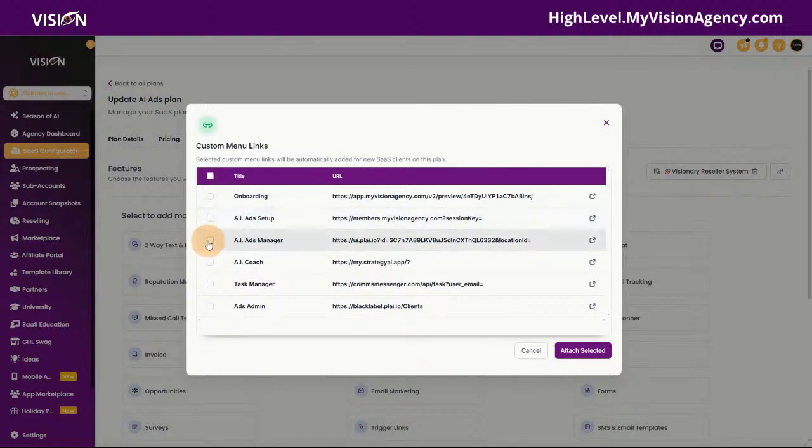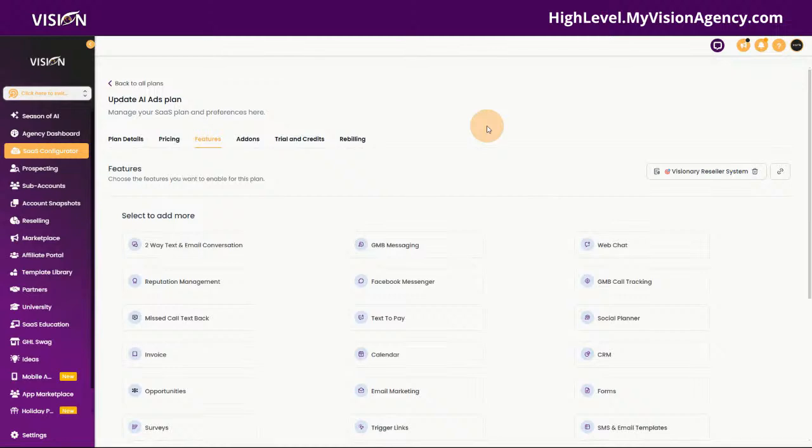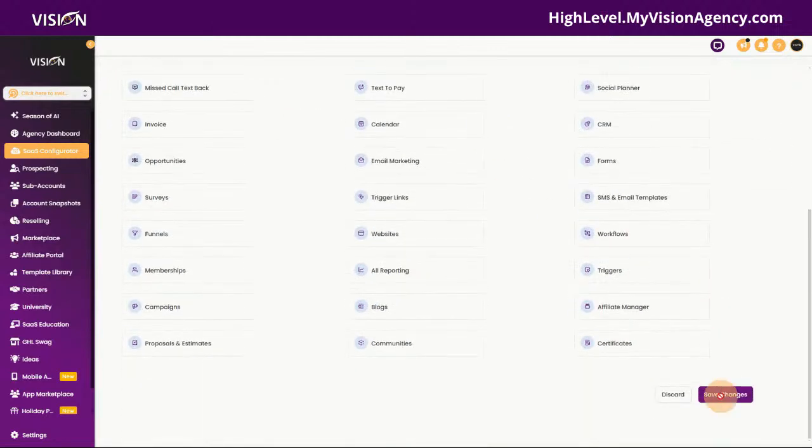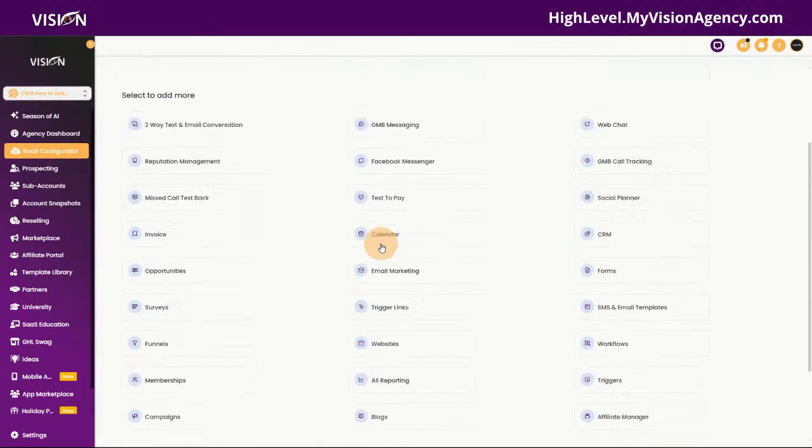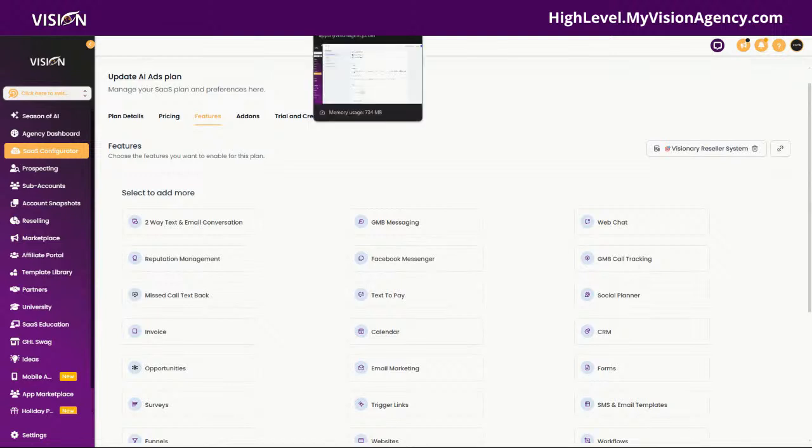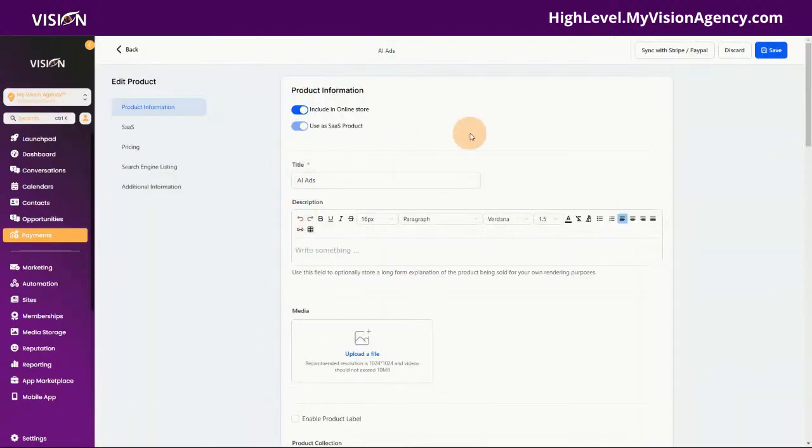So let's say that I want them to have access only to the AI Ads Manager when they purchase this plan. Now that's all that I need to do. And of course, I need to save the changes. It's already saved. All right. So that's all I need to do now. When this plan is purchased,